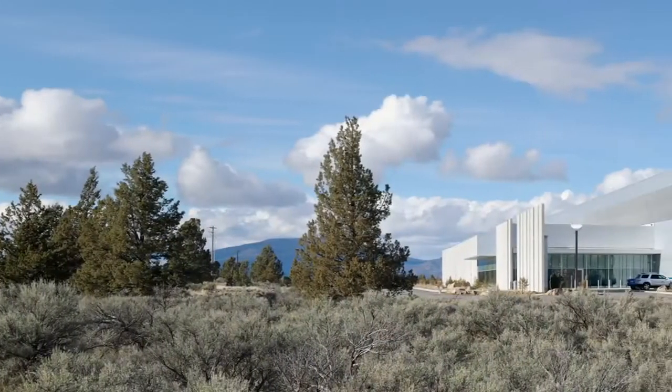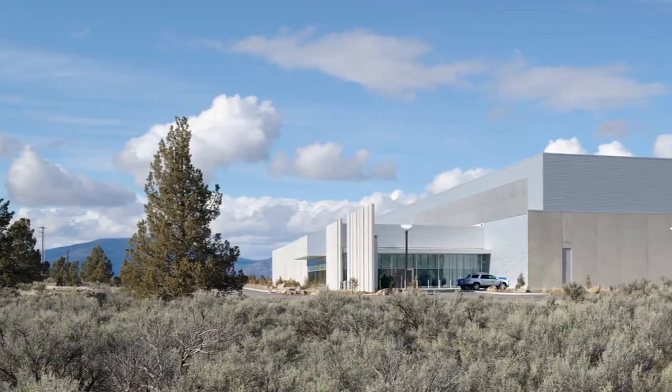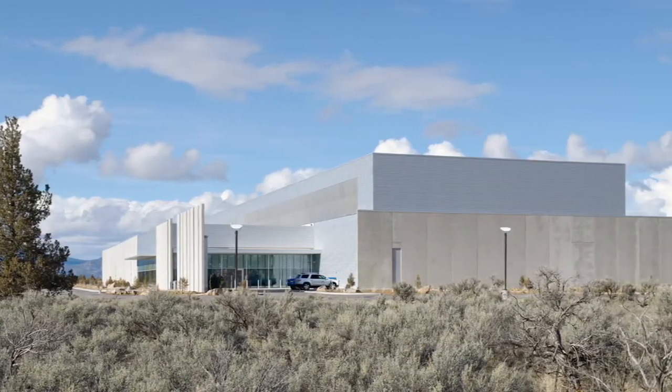Do I need to add moisture to it? How much of the warm air do I add back into it? If it's a really hot day, you don't recirc anything. Generally, you just send it out because it's generally hotter than the air actually coming in, and then all you're doing is cooling. So you don't want the data center to be too cold, because too cold, it's not nice